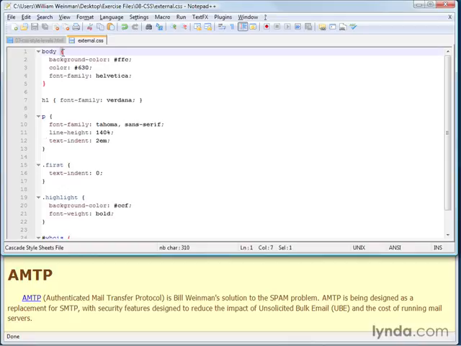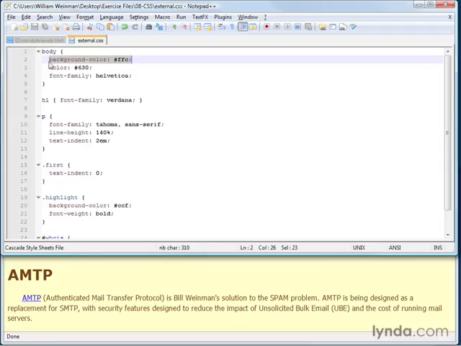Then there's a pair of curly braces, and the curly braces actually delimit the style itself. And so all of this is within the style, and it's within these curly braces. And so that's part of the body style. And then inside of the curly braces, we have the style itself.